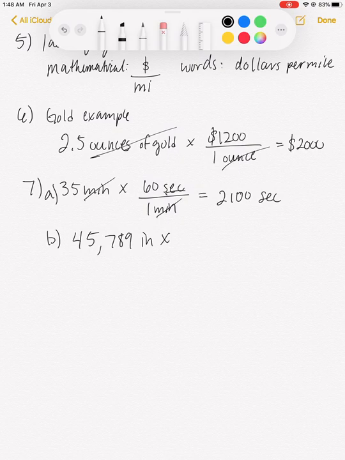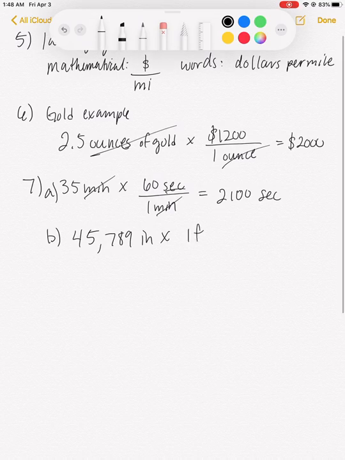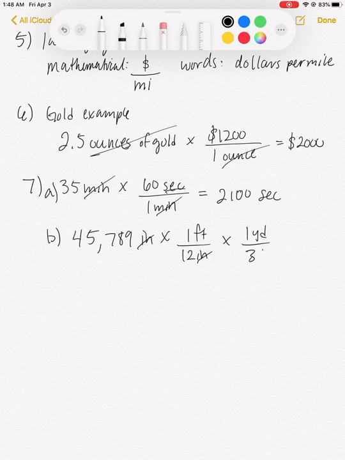That's my plan. What's great about these conversion factors is that you can chain them together, and you just know which ones to multiply and divide. I'm first going to go from inches to feet, so 1 foot for every 12 inches. I could have done it as 12 inches per foot, but I want my units to cancel at diagonals like you can do with fraction multiplication. Next, multiply by 1 yard for every 3 feet, because I need my feet to cancel. Then I'm going to multiply that by 1 mile